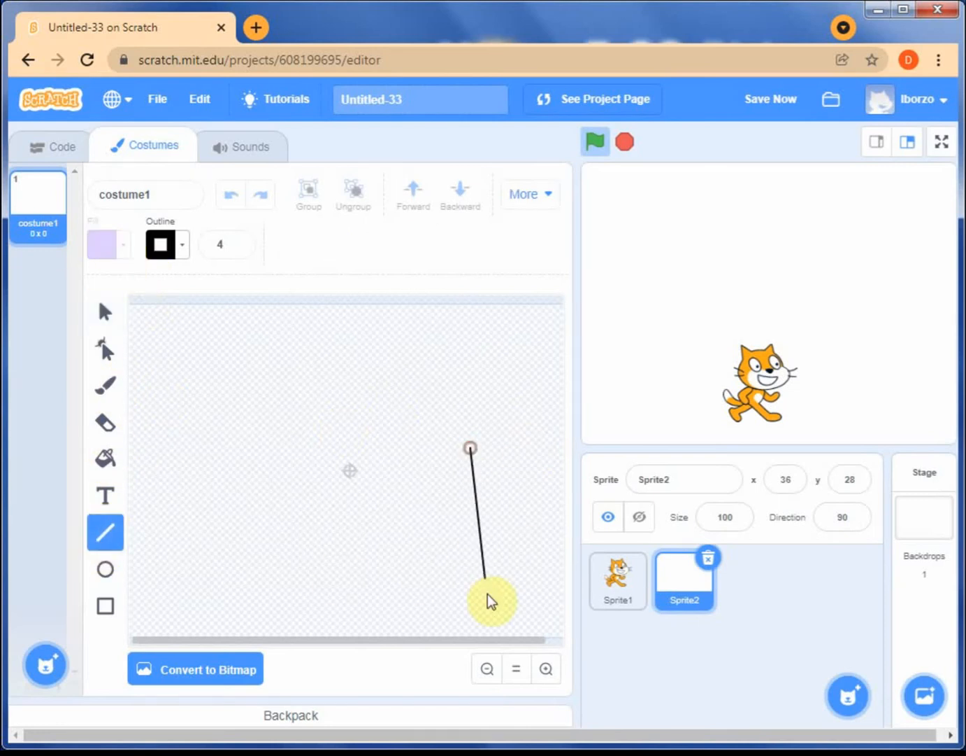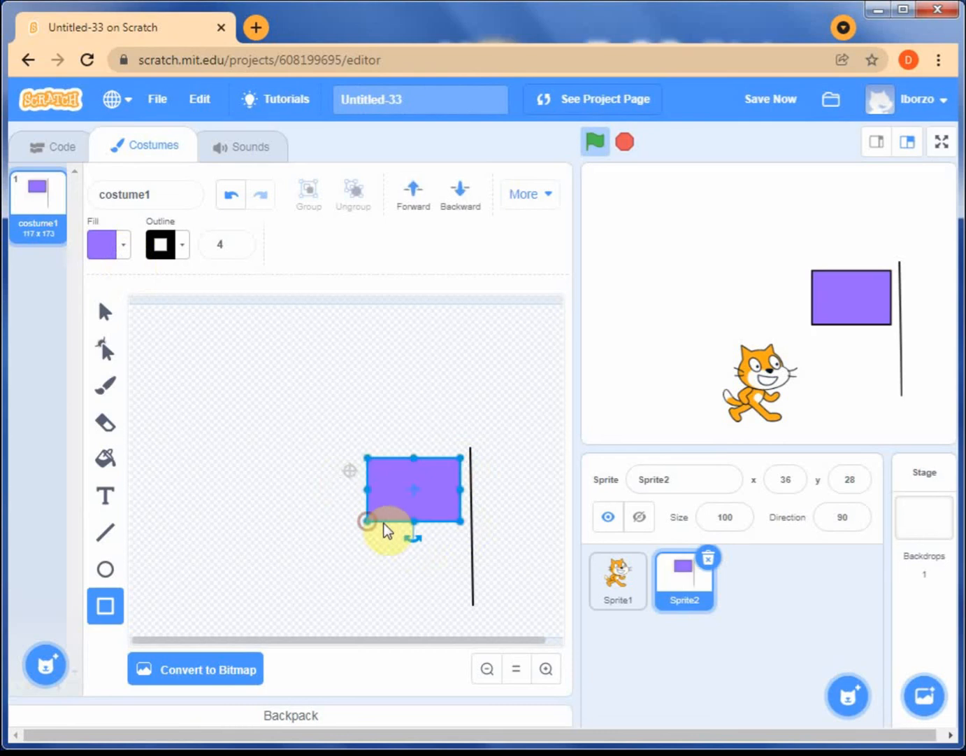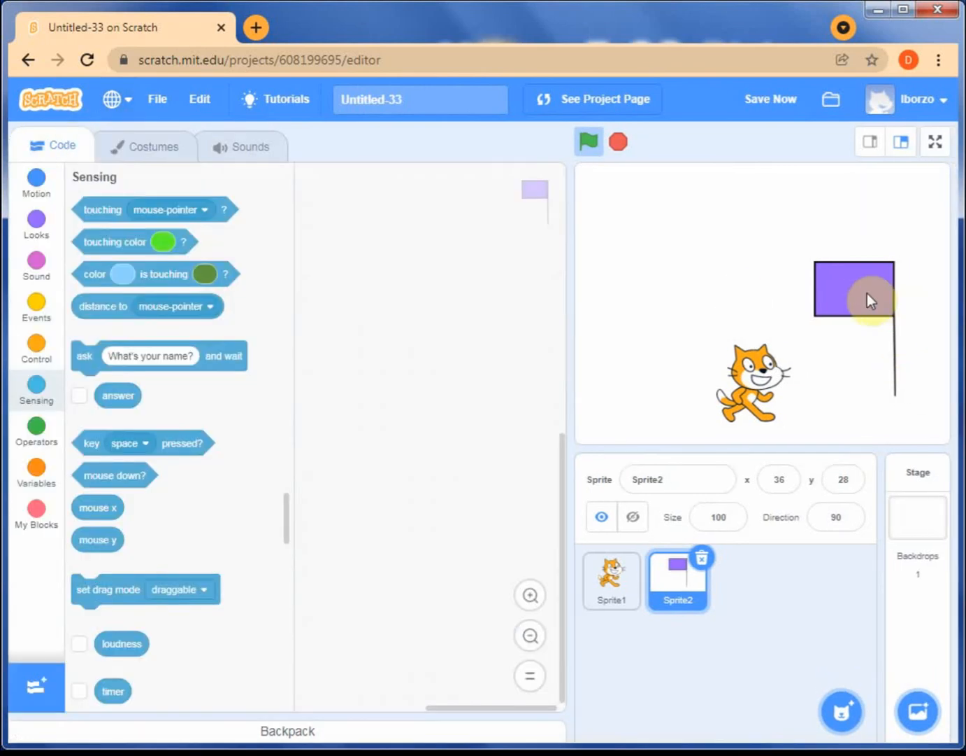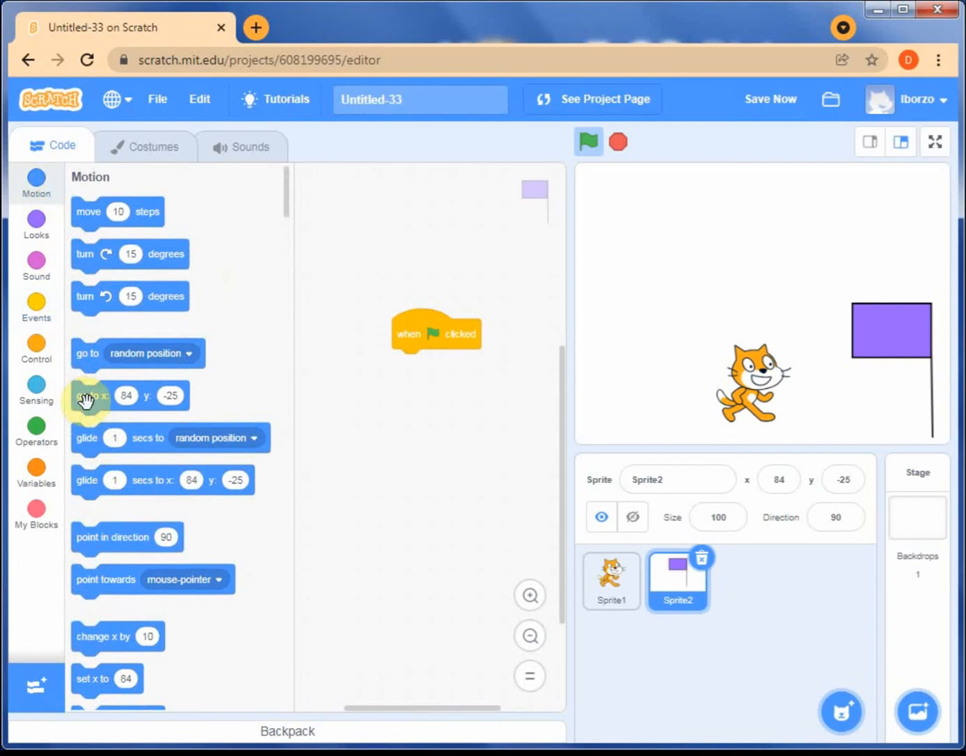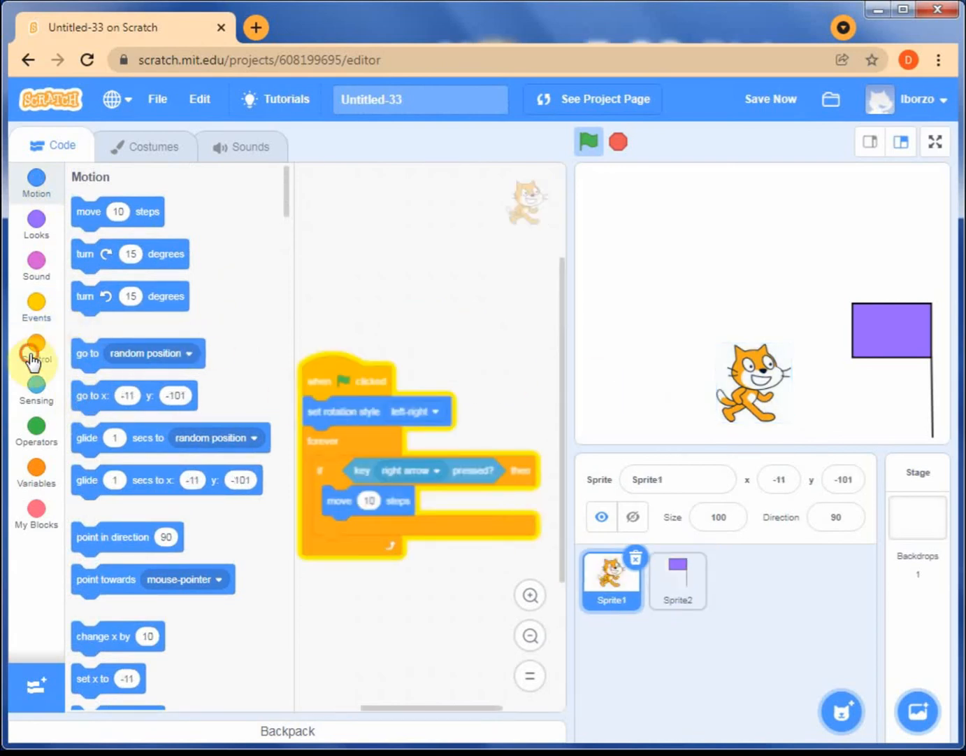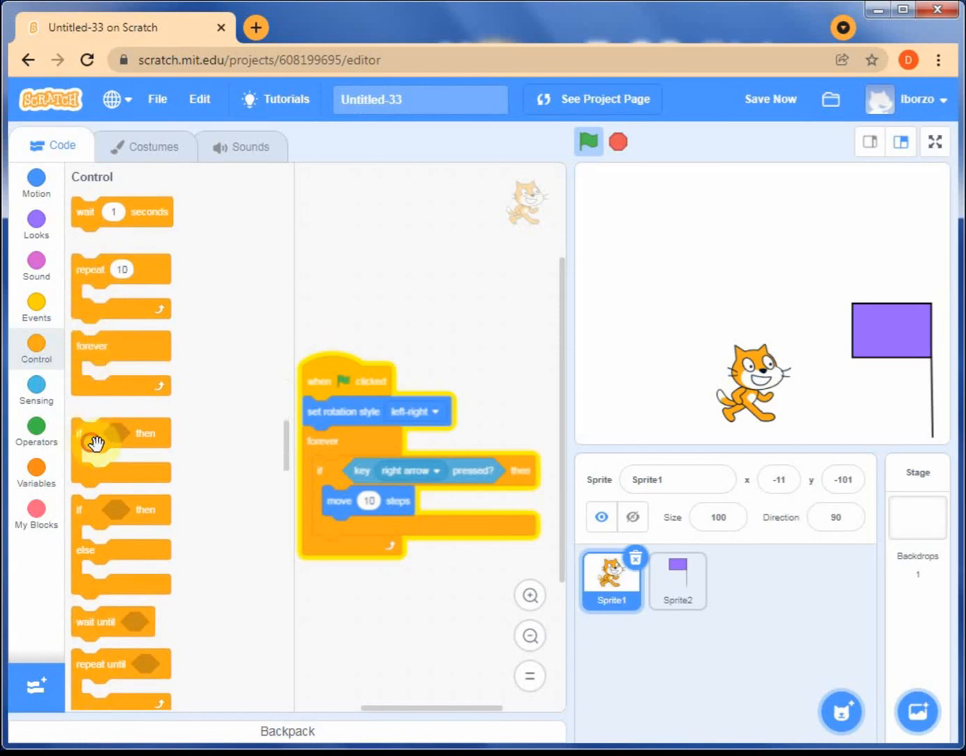So we'll create a flag. Sure, yeah, flag. And then now we want to, when flag clicked, go to where it is right now. And then we want to say if our character